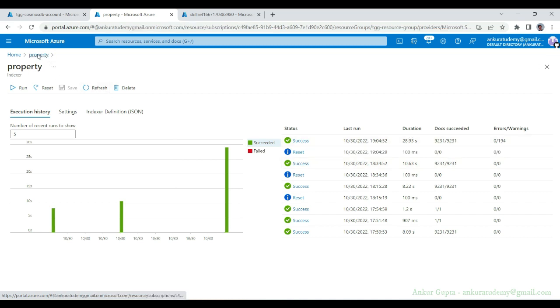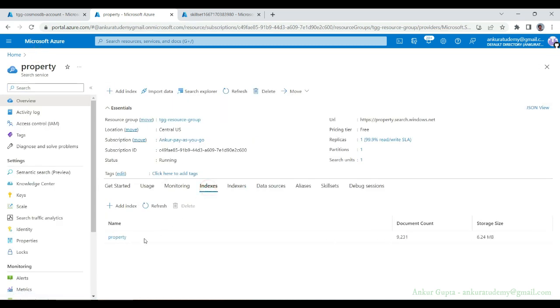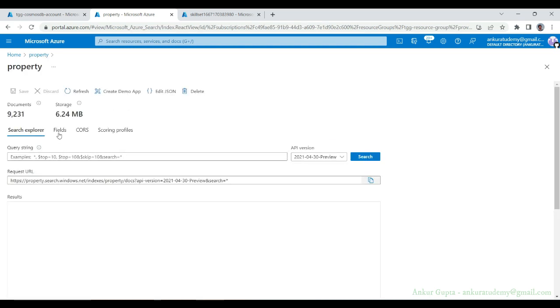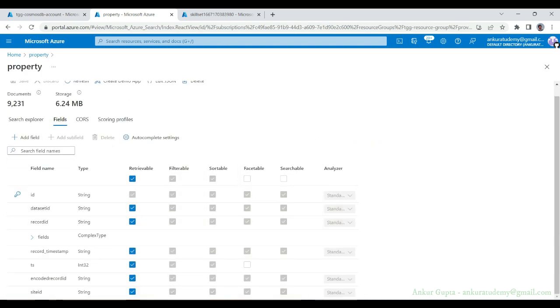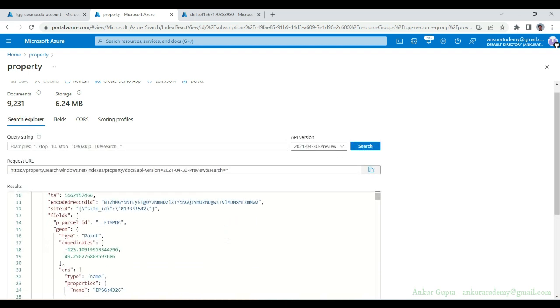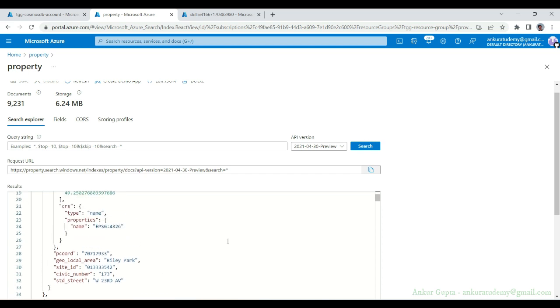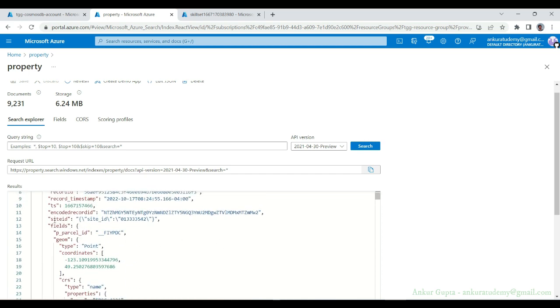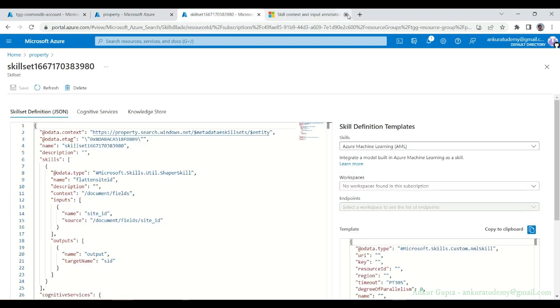Let's go back to our index and see if our new field has been populated, which was site ID. In Search Explorer, I'm going to just search the whole data, and there we go, we have site ID. So let's improve our results a little bit. We're mapping our output to SID, but we need to pick just the site ID